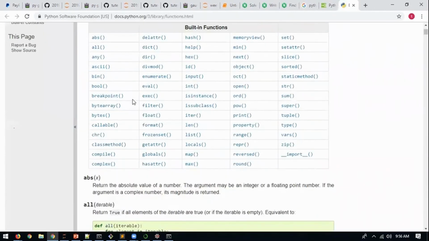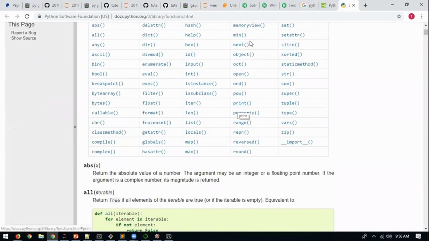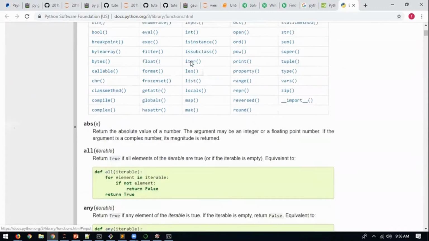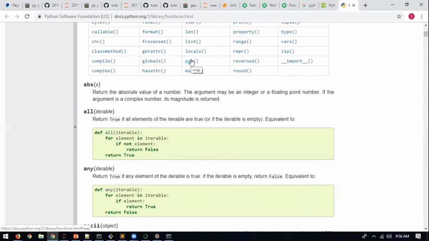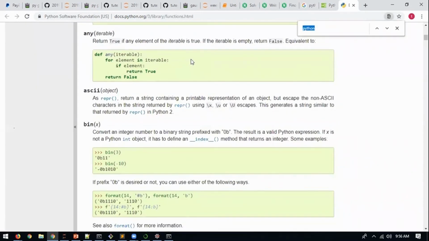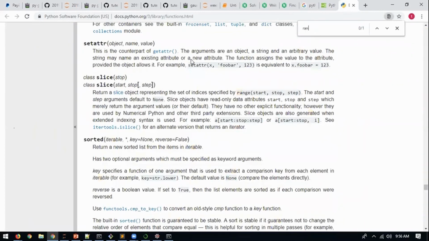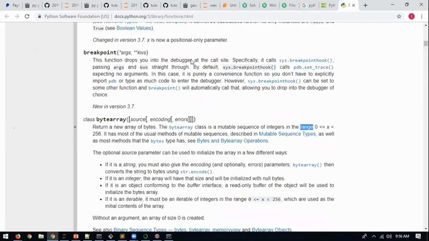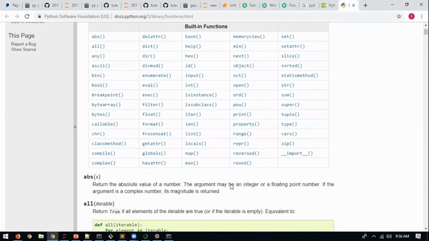Built-in. So these are many built-in functions. Can you find print there? Yes, you will start linking things when you read. So that's why I'm saying read. Because when you read theory, you start to link things in your mind. Automatically it will happen. And when you search range there, we'll go to the top and go for range directly from here.